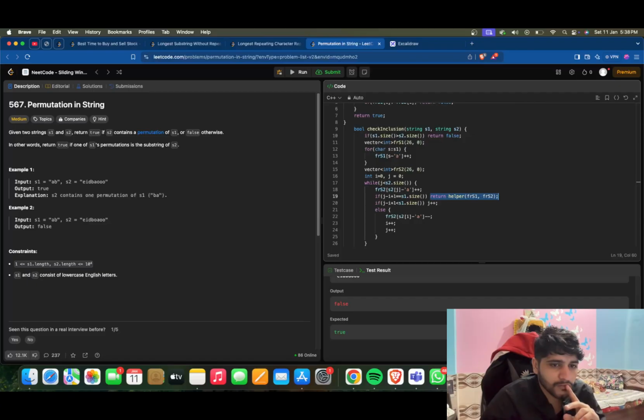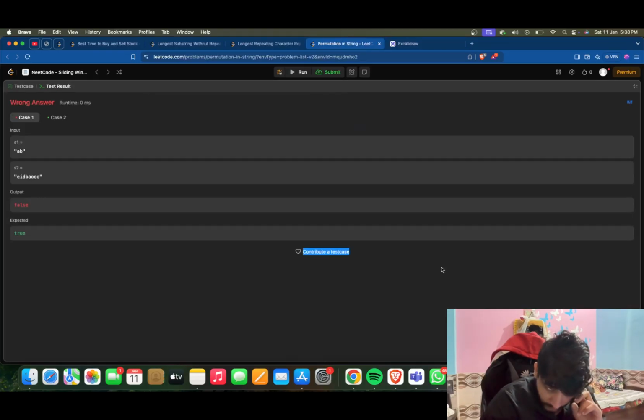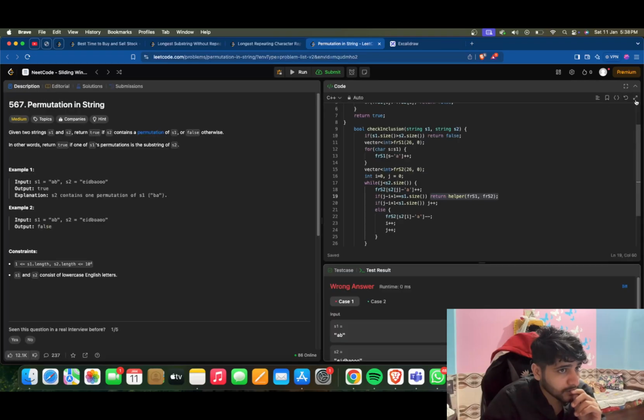So what is wrong here? What's wrong here? If it's equal to size, then we'll compare those. Otherwise r plus plus, otherwise this. The length of is always known, which is